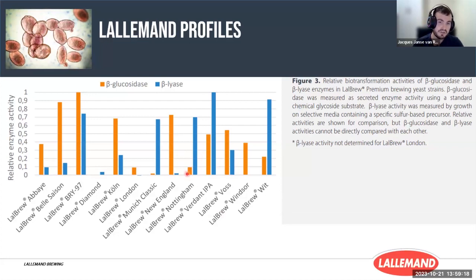But you could also consider Nottingham. But then you're going to lose out on a lot of the terpene actions and get thiols. So this is traditionally why Nottingham was regarded as an extremely neutral yeast, because the hops that everybody were excited for in those days, we weren't focusing on thiols. And you can see that compared to New England, for example, it has almost no terpene expression,